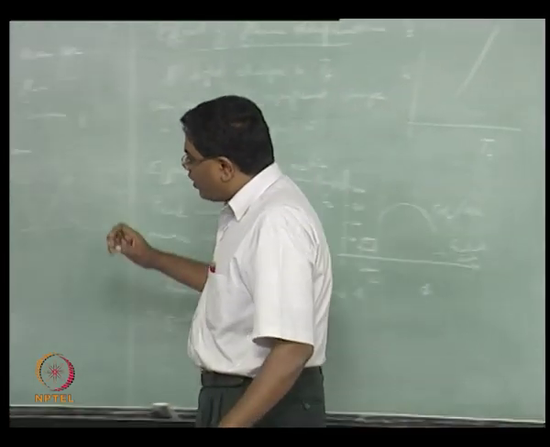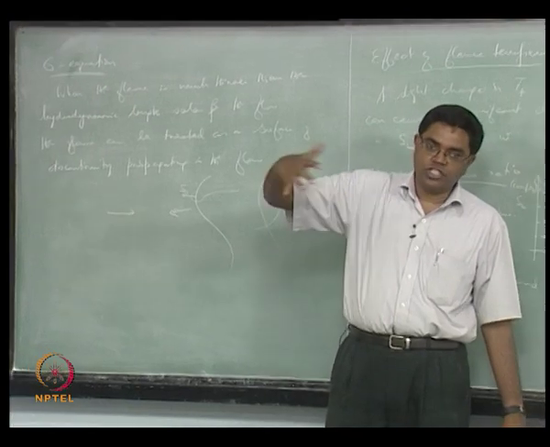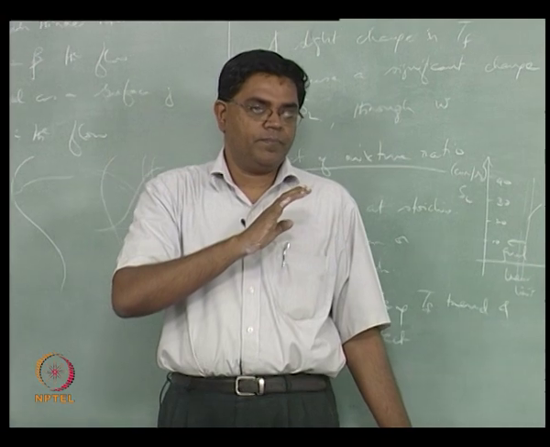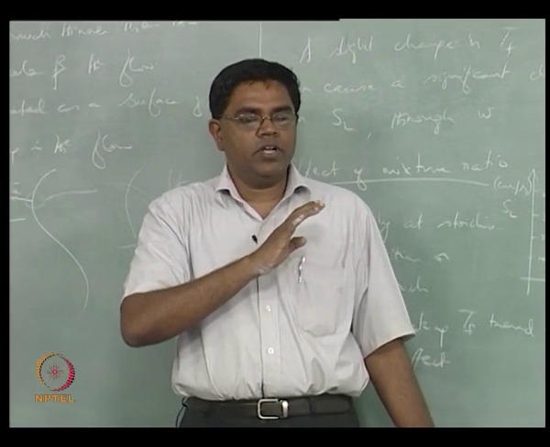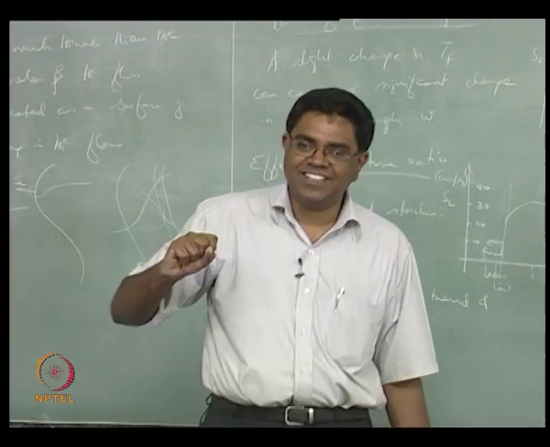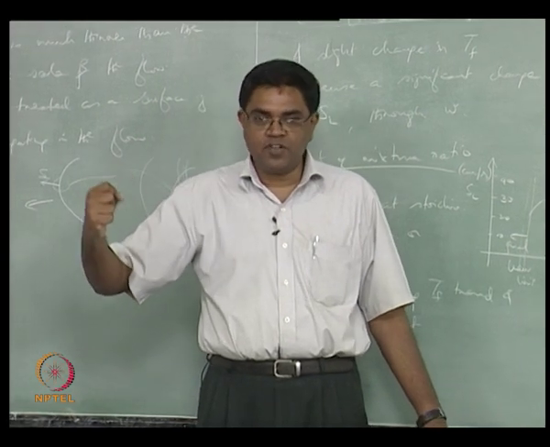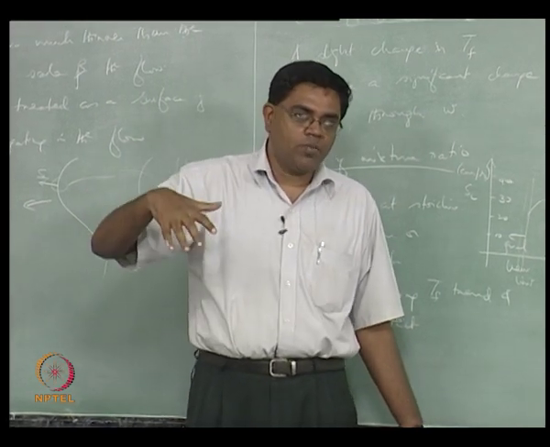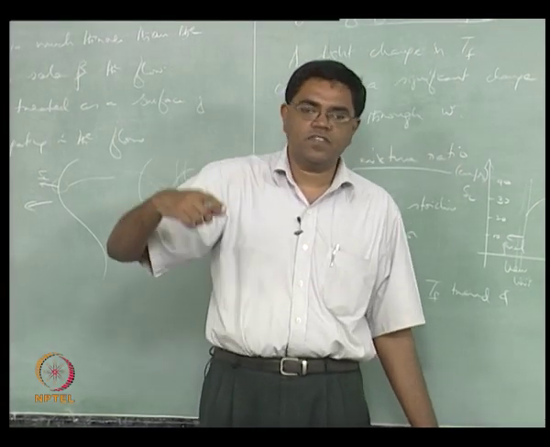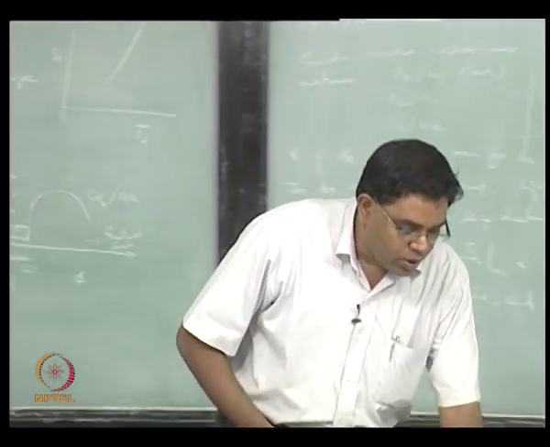The flame speed acquires a direction locally normal to the flame shape. So dependent upon the shape of the flame is how the flame propagation direction is fixed. And many times you would think, wait a minute, the flame is probably going to shape itself depending upon how it can propagate, right, and I will have to try to find the shape in the first place depending upon how it can propagate. If I don't know how it is going to propagate, how can I figure out what its shape is, and how can I figure out the propagation direction? So it's a loop that we have to think about. So how do you do this,